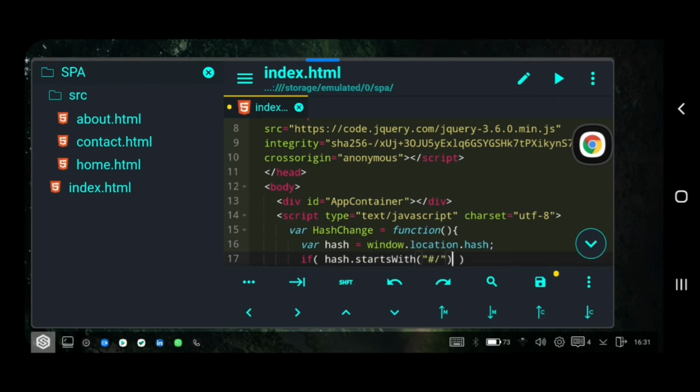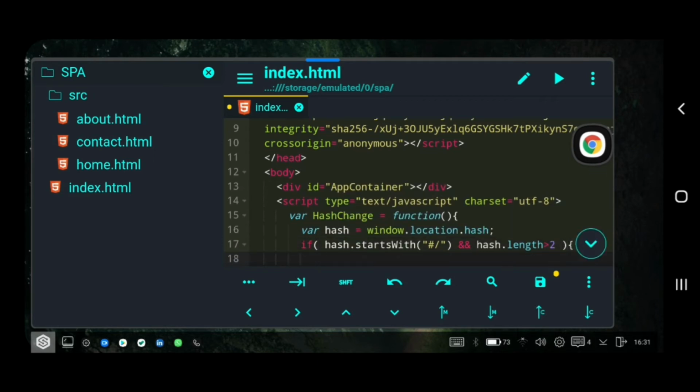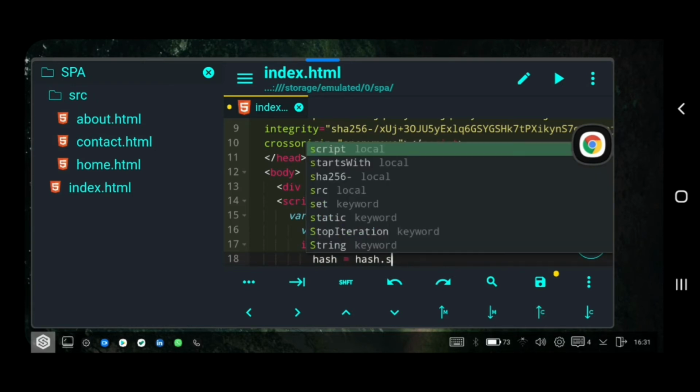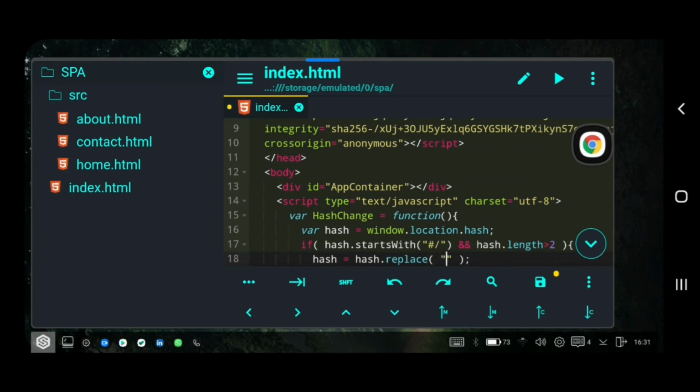This is my preferred way of using hash bang, and it should have something after the hash bang, so the length should be greater than 2. Now if this is the case, then we'll get the actual part after the hash bang, removing the hash bang,